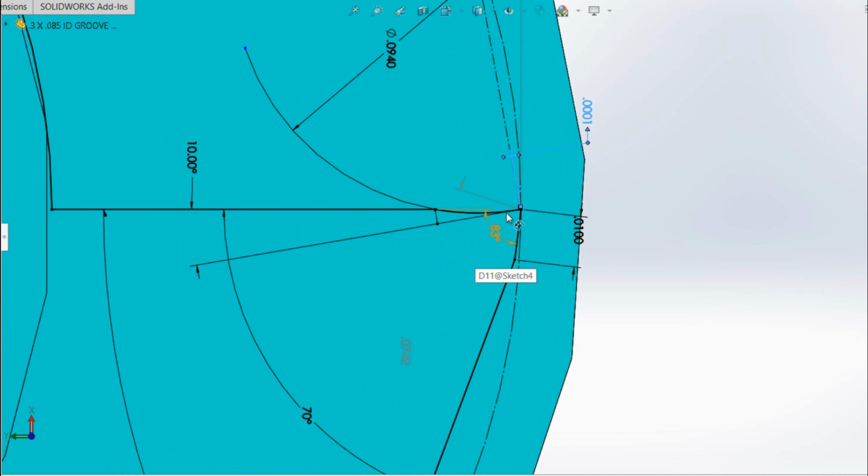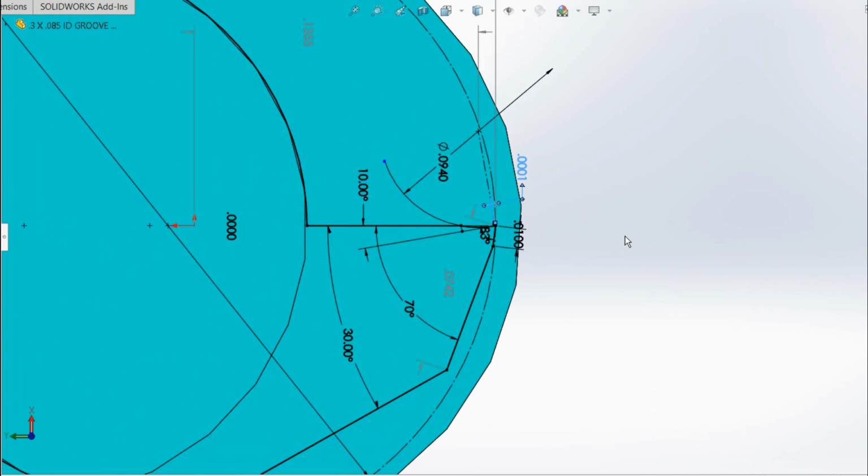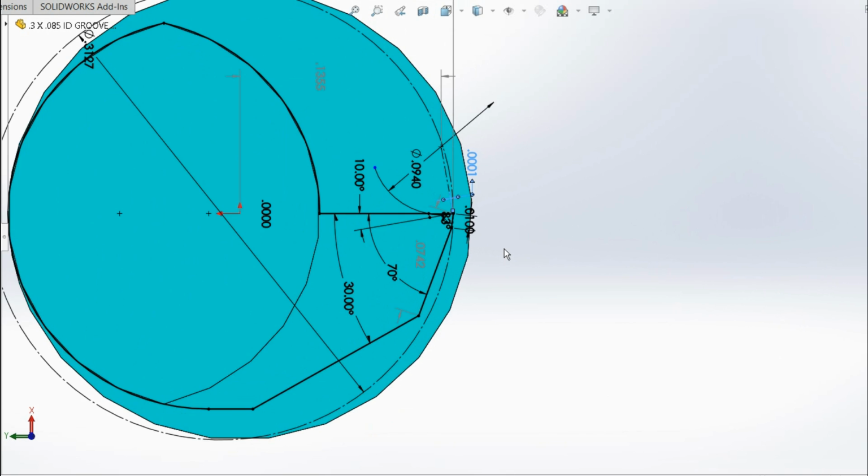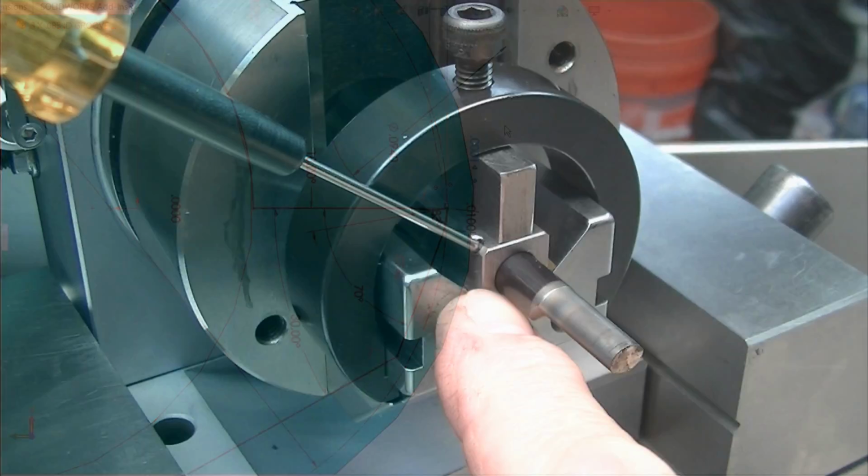I can actually put this curved chip breaker in there using a rotary tool. So you'll see that in action. But I'm using this sketch layout to determine where those things are. I know I'm 135.5 off of center when I indicate in on these parts vertically, so I can move off there and then just come in and touch until I clean up the edge, and I know I've got my correct radius in there for the chip breaker. Here's my